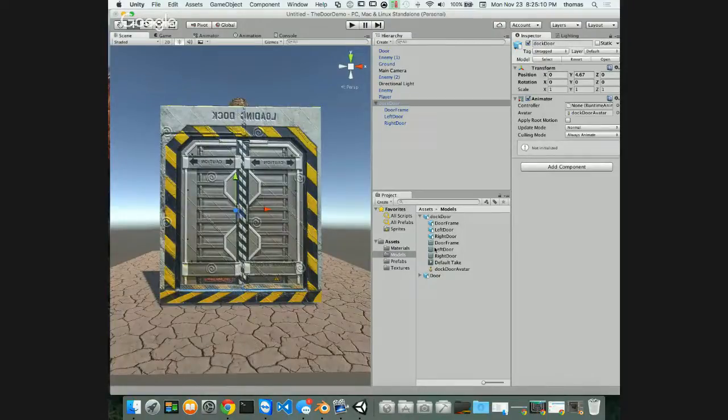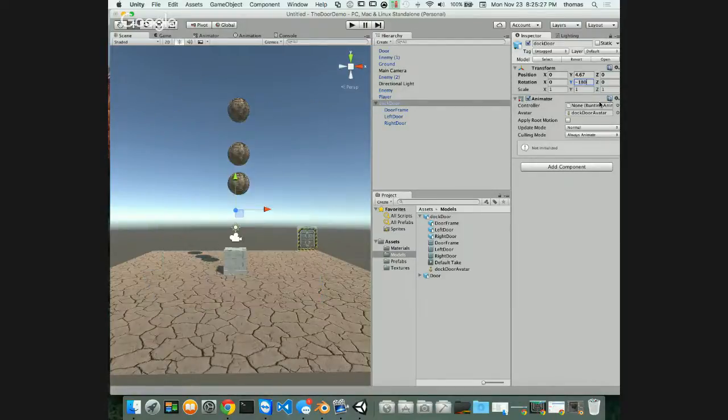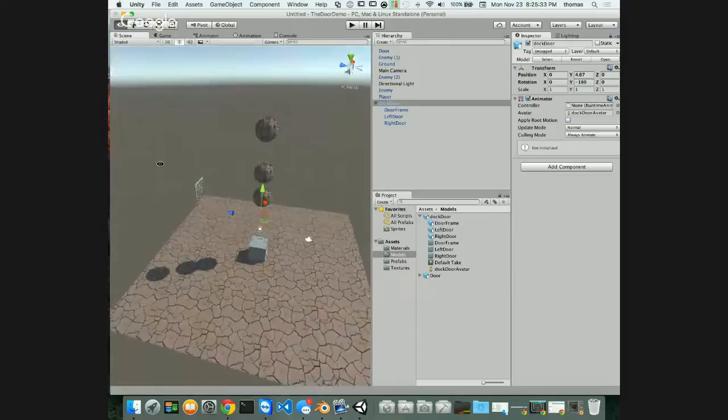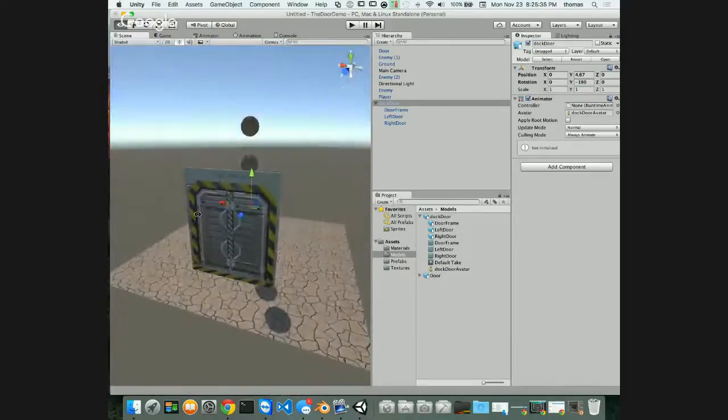So how do I fix that from a Blender perspective? Well, I could flip the rotation. Right now my position is 4.67. If I say my rotation along the y-axis is minus 180, well, there it is, right? But I can't see anything. And if I go on the other side, there it is, but it's still